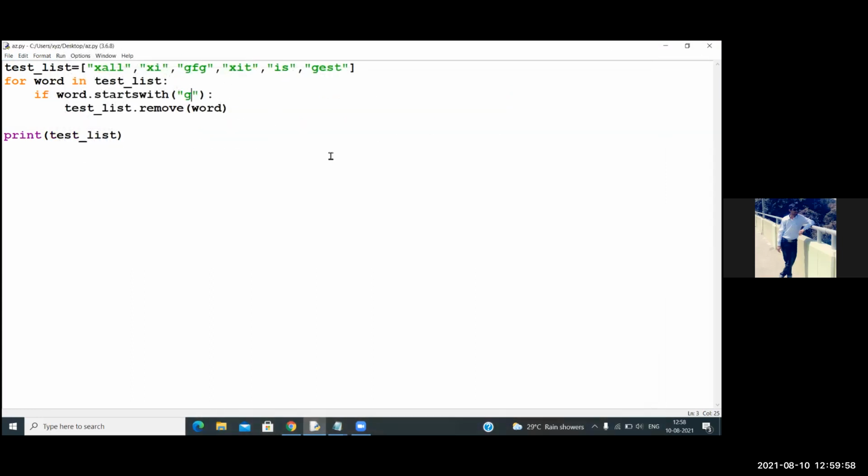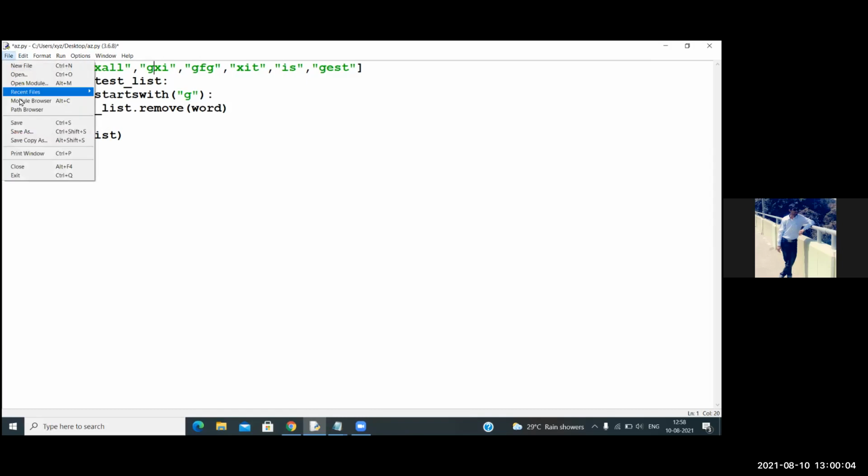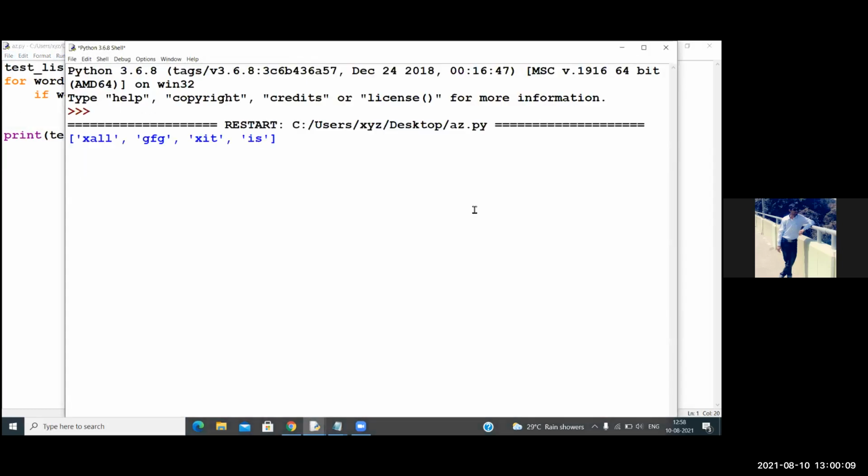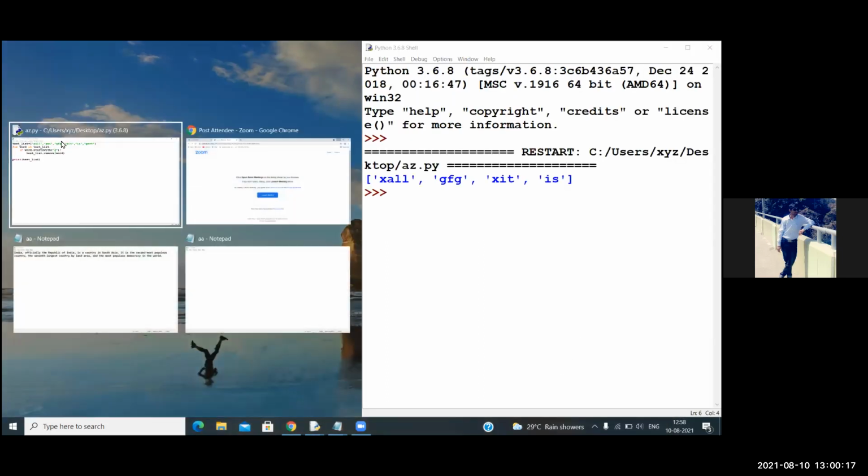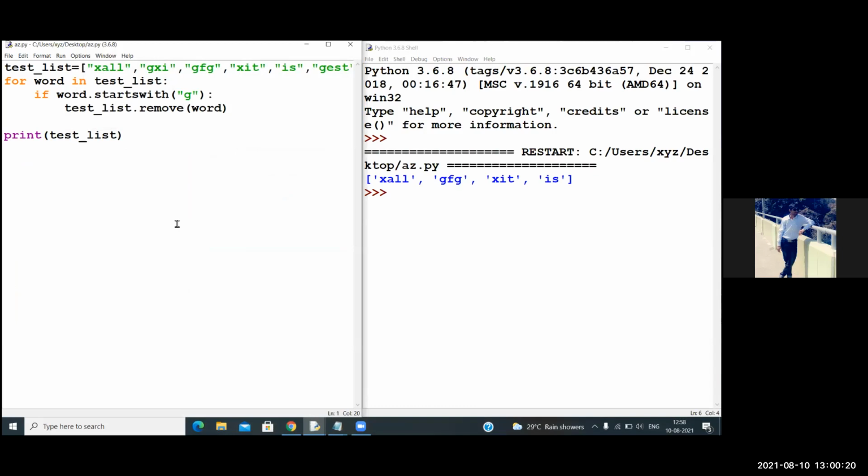Fine. So we can do it for word in test list. So I am not using this X variable here, I am using X directly. Okay, so it says undefined name X. I am trying to put some values as X, and after that removing the word from here.